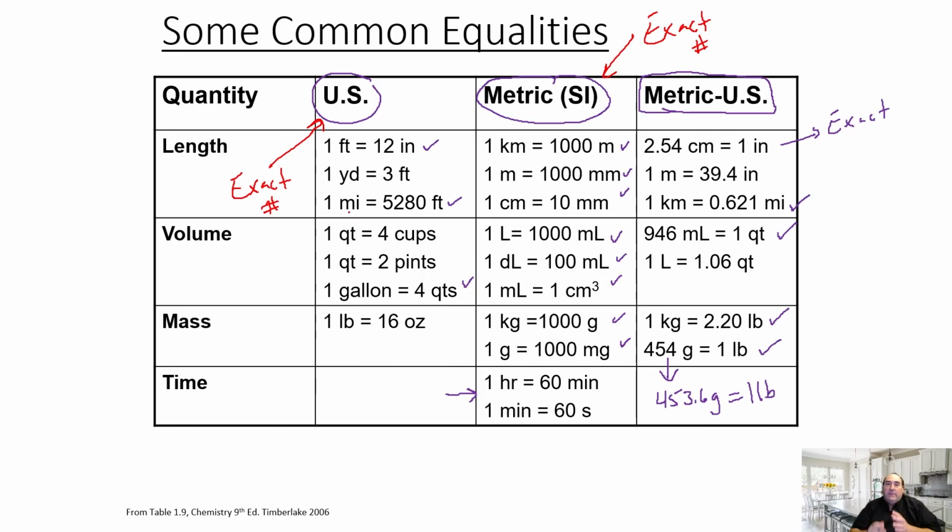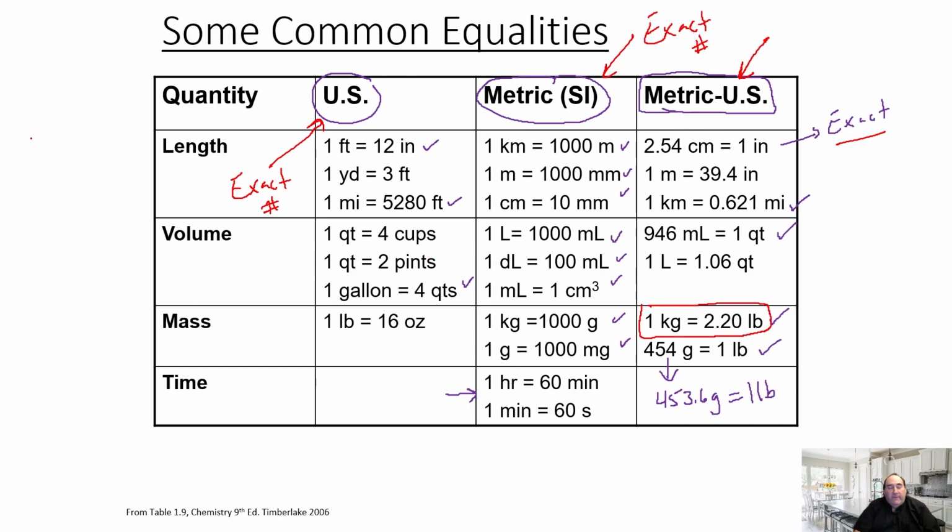The one place where, technically speaking, you should worry about the significant figures if you use an equality is if you cross over between English and metric or US and metric. You usually do have to look at that conversion factor in terms of their significant figures. One exception that you don't need to do is this one, which is still considered an exact number. So for example, if you are going to use a conversion where you would technically want to look at that crossover, for example, if we grab this guy here,